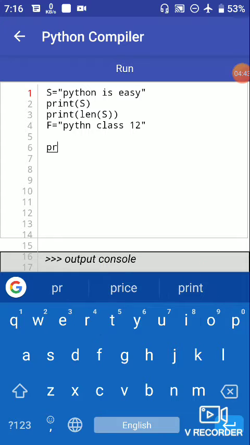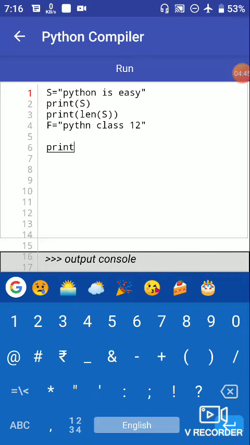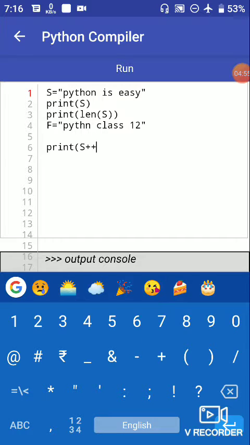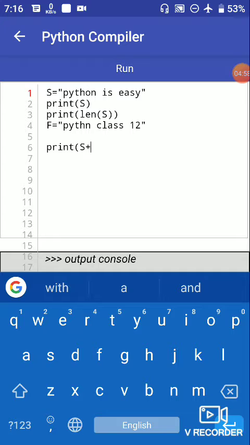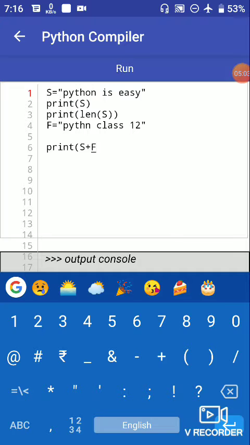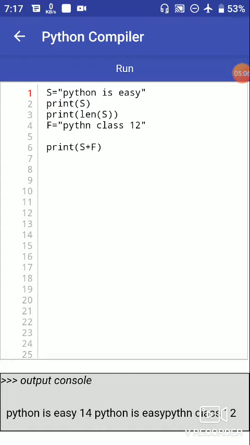So print s plus f, then run the program, and we see here python is easy 14 for the second print statement, and python is easy python class 12. Both strings are added.